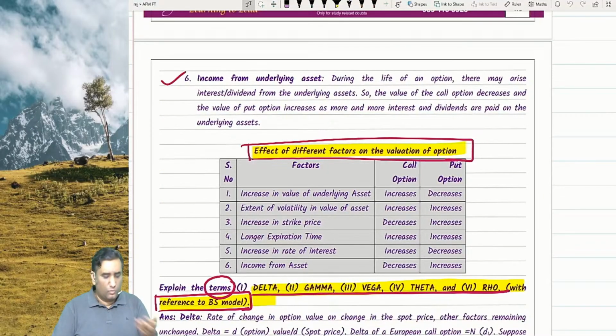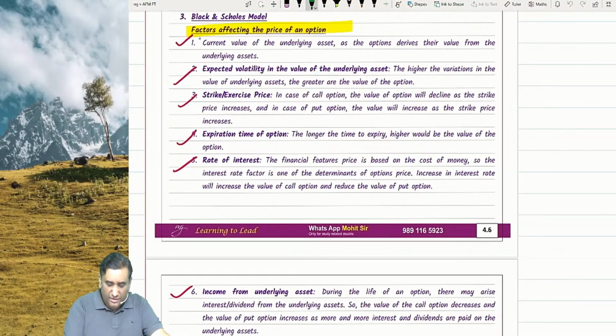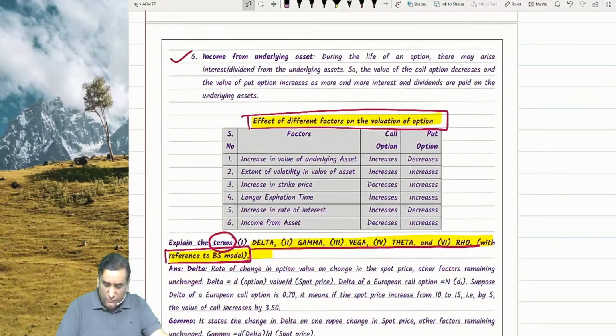Practical, I'm assuming they are asking, is not justified at least. When you go back home, in whatever books you are referring to, always write the factors which are affecting the option. Then they'll make out the effects of how different factors